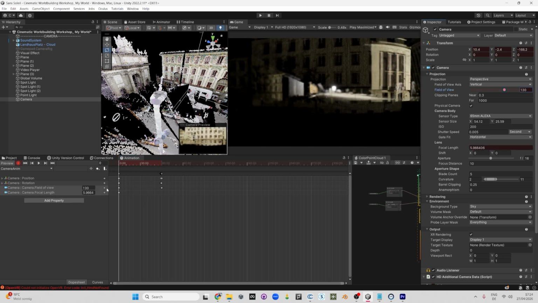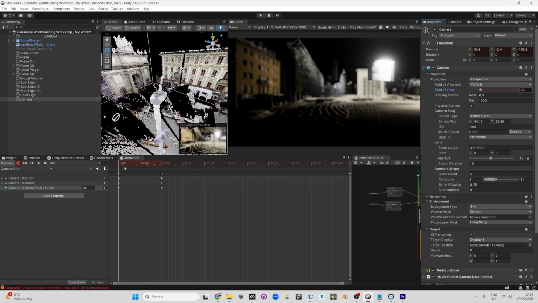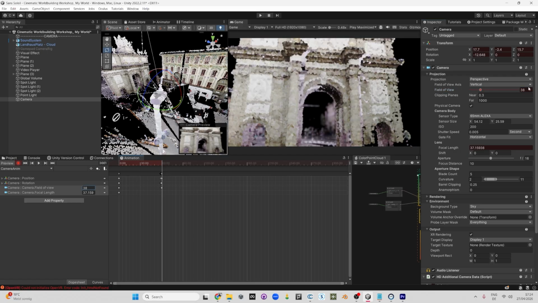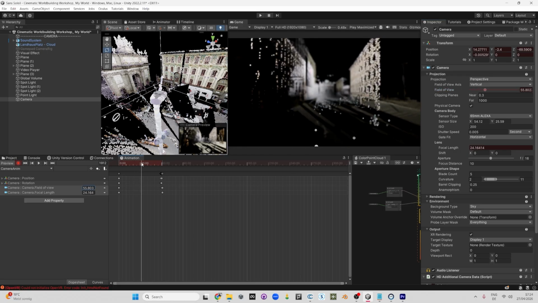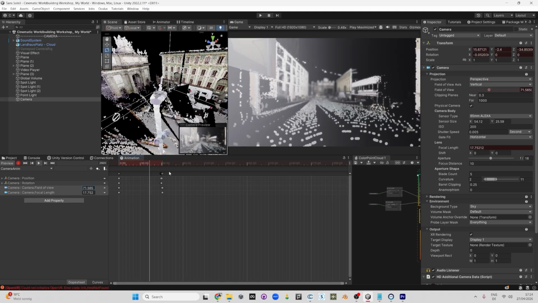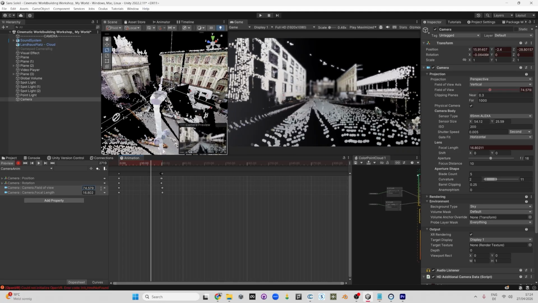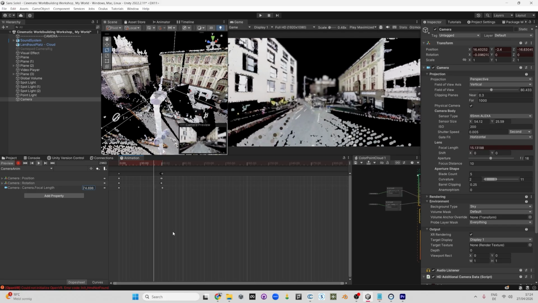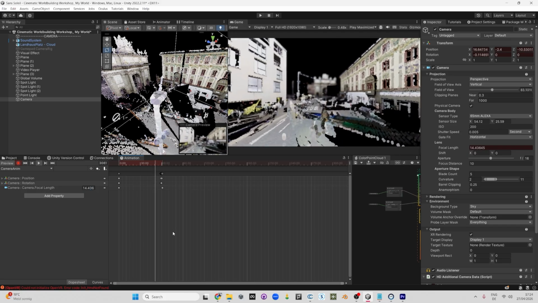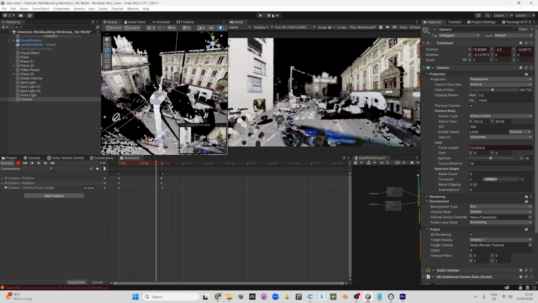Oh, sorry, this was not the field of view, it was the focal length, sorry. So we can start here, 38. As we come all the way here, then we go with 90. I can just remove this one. And if you press play,